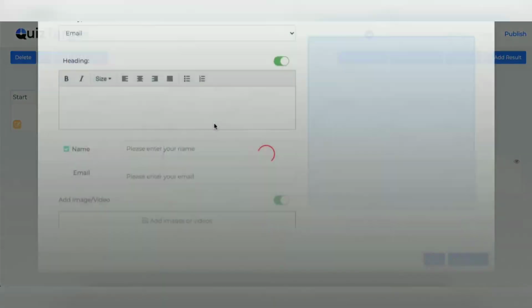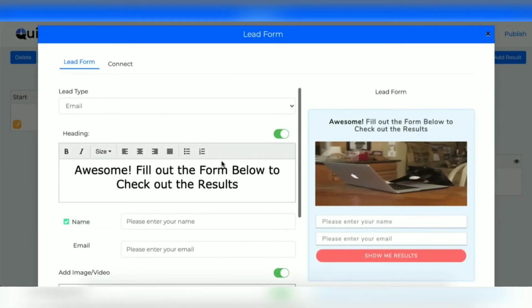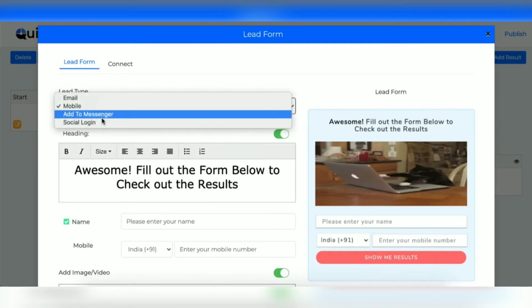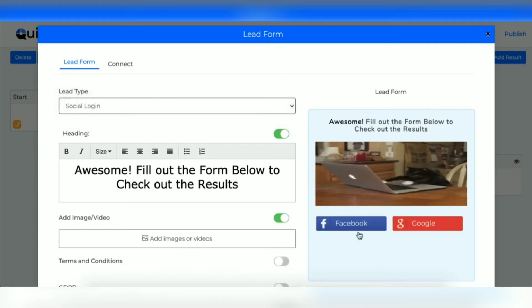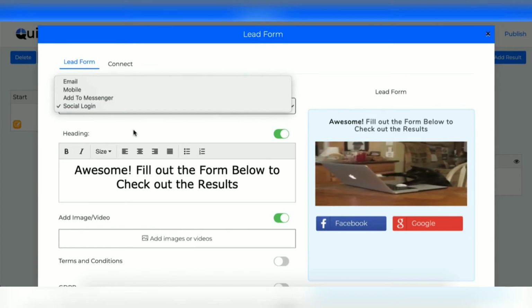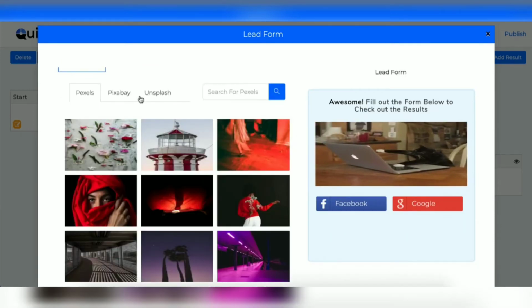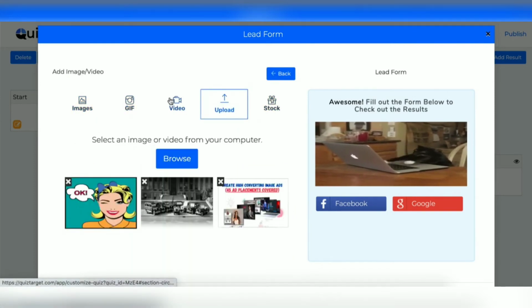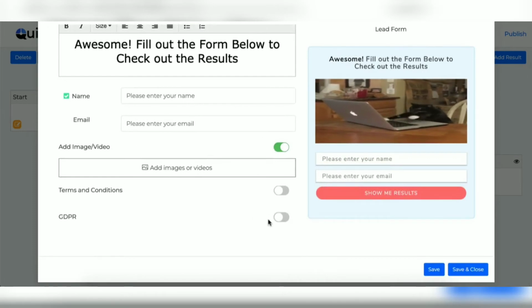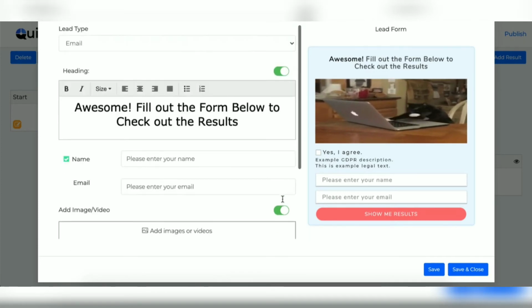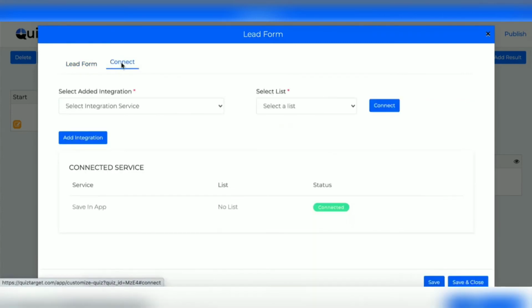Let's jump into the lead form where the lead generation happens. Here you have 4 options available. You can either generate email list, phone number list, add to messenger list, or simply ask them to use social login to get their valid social email IDs from Facebook and Google. Now similar to questions, you can add images, GIFs, video to your lead generation forms as well as upload your own images. Now, lead generation forms are fully GDPR compliant and all the necessary arrangements have been added to comply with GDPR rules. Now, once you set up everything and once your lead form is ready,